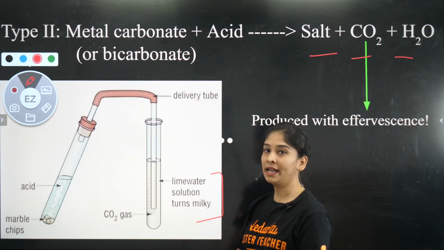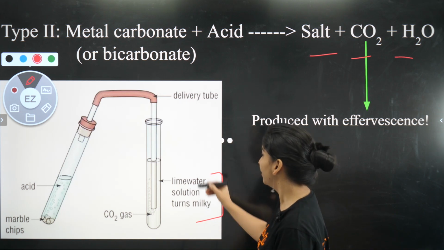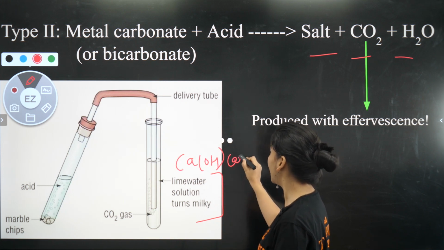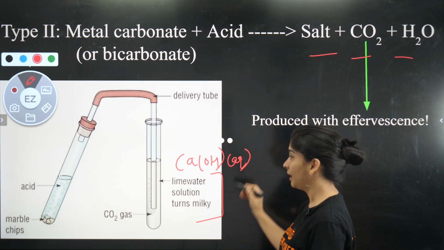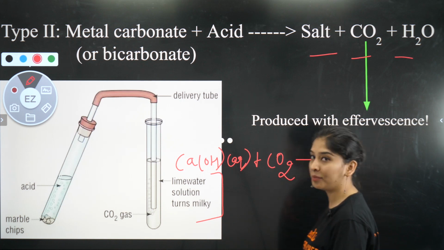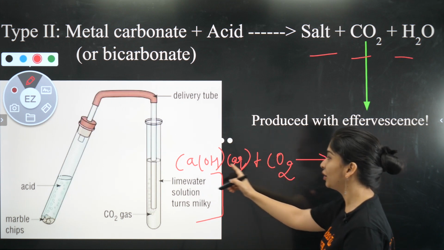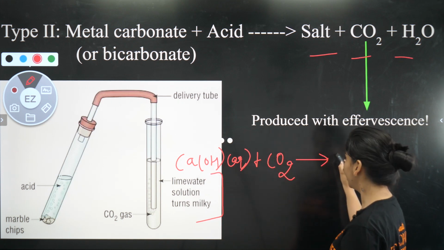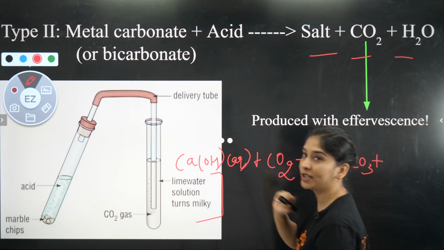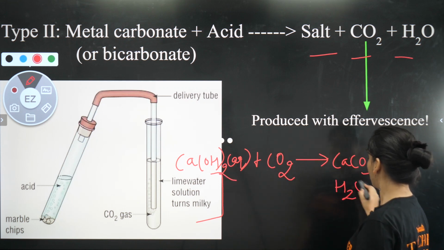It is going to turn lime water milky. Lime water will become milky. Why? This is your lime water, aqueous solution of calcium hydroxide. Whenever you treat it with CO2 gas, something is going to happen. What is the product that is going to form? Calcium with CO2 and one of the oxygen it takes from here, calcium carbonate, and then H and OH is going to be left, calcium hydroxide, that is H2O.